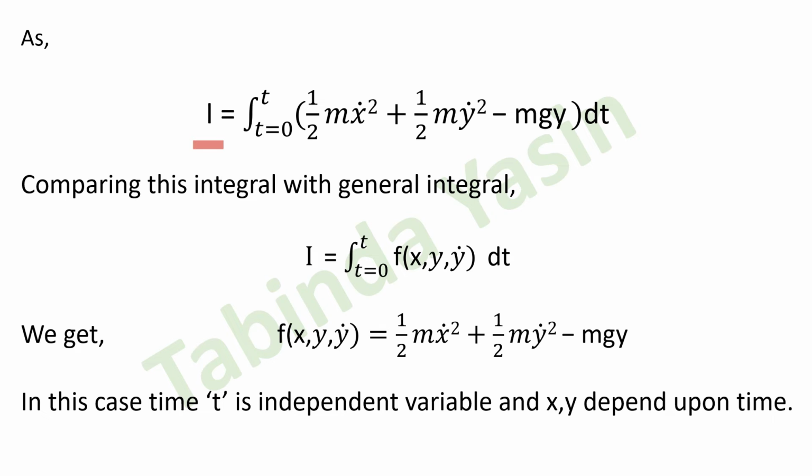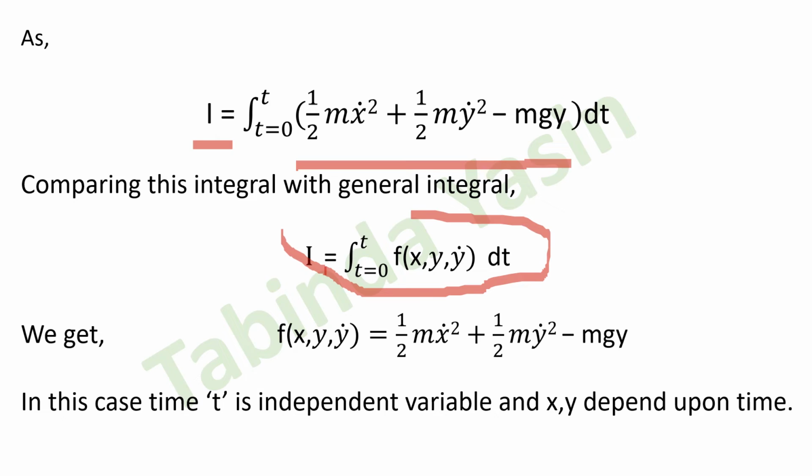As the integral I is equal to the integral from t is equal to 0 to t, substituting the value of L, 1 by 2 m x dot square plus 1 by 2 m y dot square minus mgy dt. Now comparing the integral with the general integral, that is